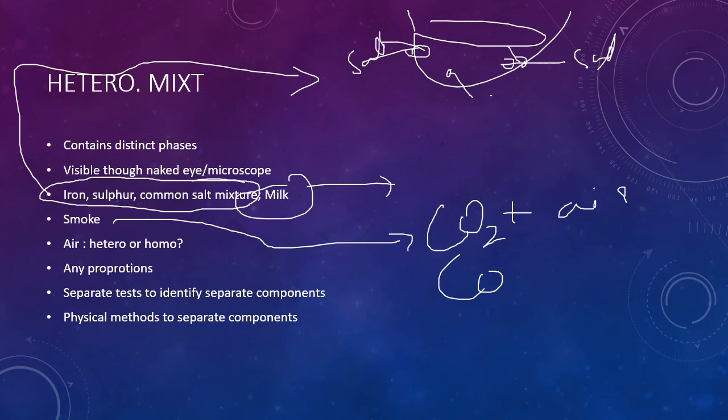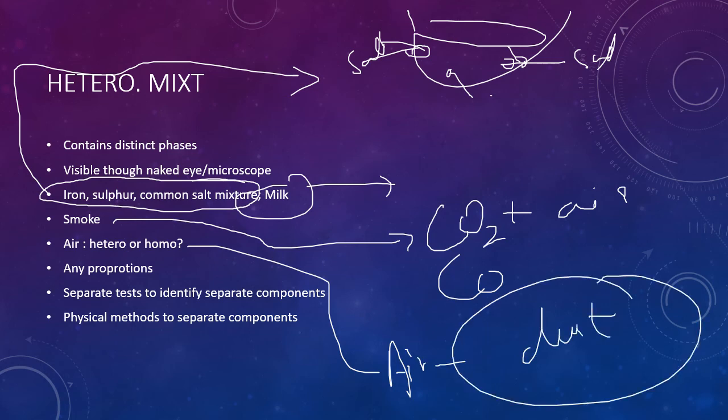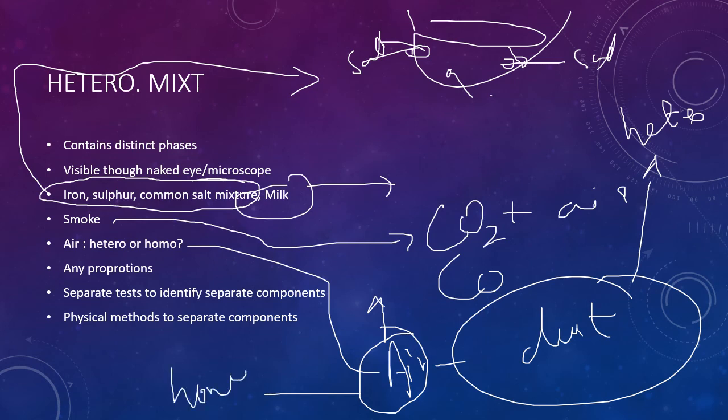Then comes air. Air, if we consider dust particles, is a heterogeneous mixture. If we don't consider dust particles, then it is a homogeneous mixture. Generally, air is considered a homogeneous mixture, because if you consider dust particles, you can distinctly see